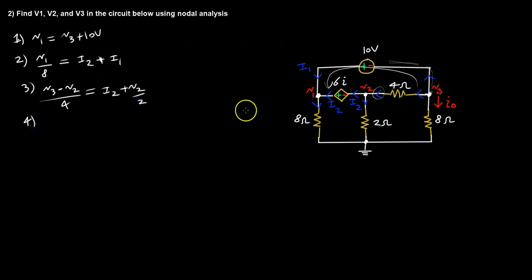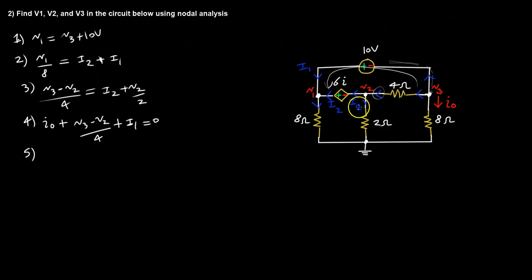The third node is going to be, all of the currents are leaving, so I0 plus V3 minus V2 over 4 plus whatever I1 is, that's going to equal 0. So let's also add a fifth equation, which is to eliminate the dependent voltage source here that is causing a